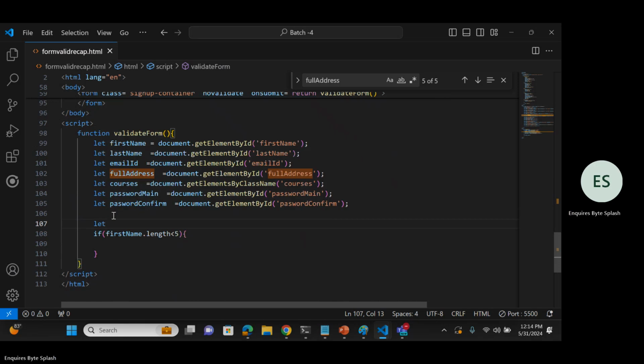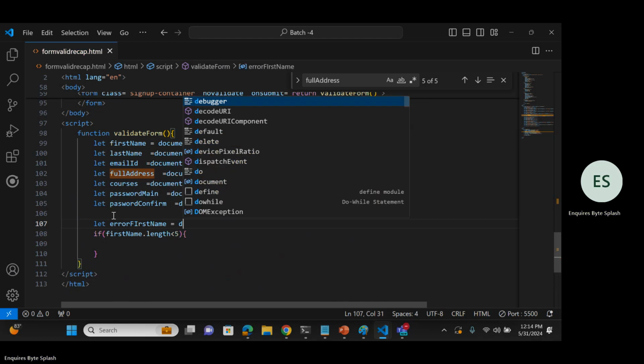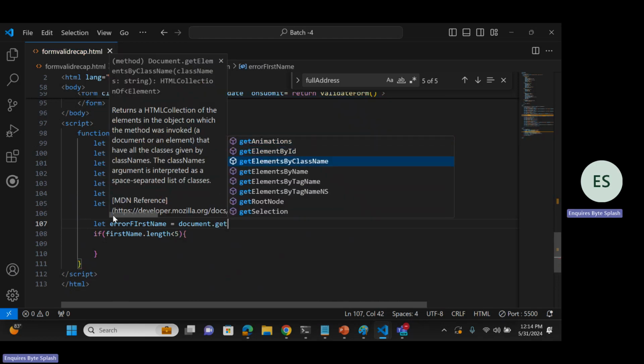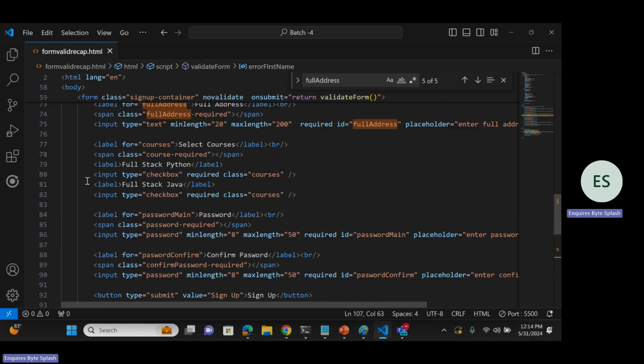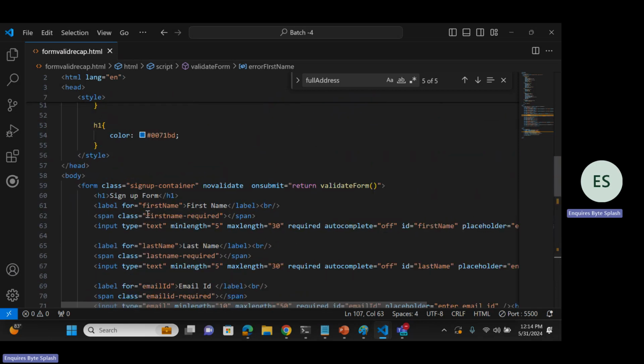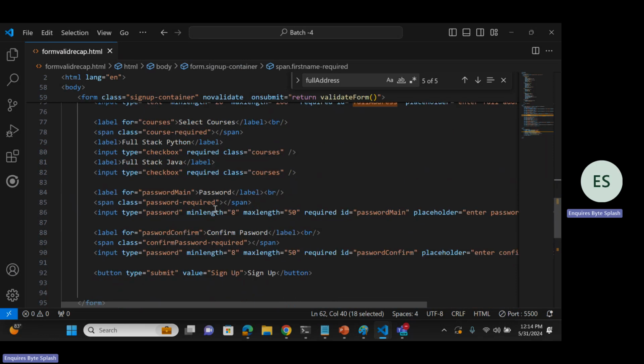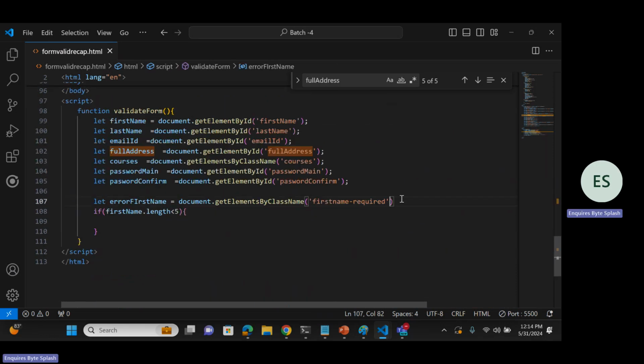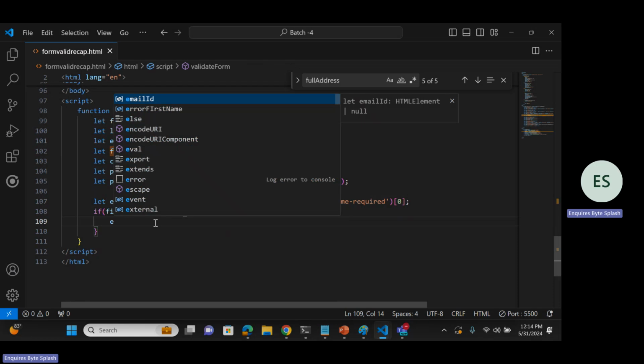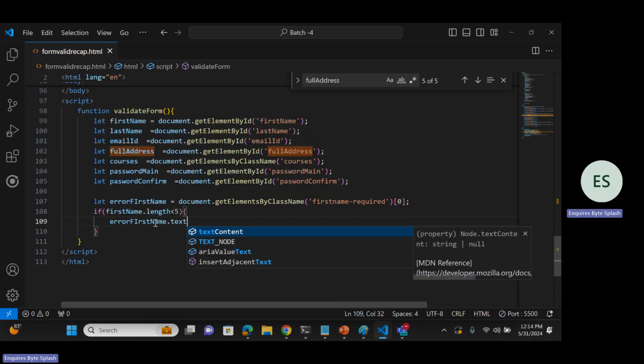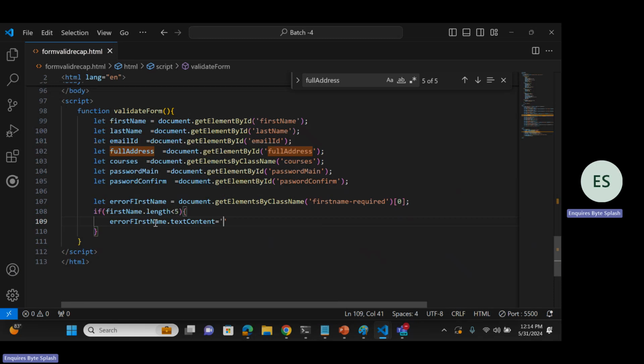Let error first name element equal to document dot get element by class name. So what is that span for to print here? First name required is the class name. So we'll get by class name. Since it's class name, we need to put 0. So now we need to enter error first name dot text content equal to, so name first name should be